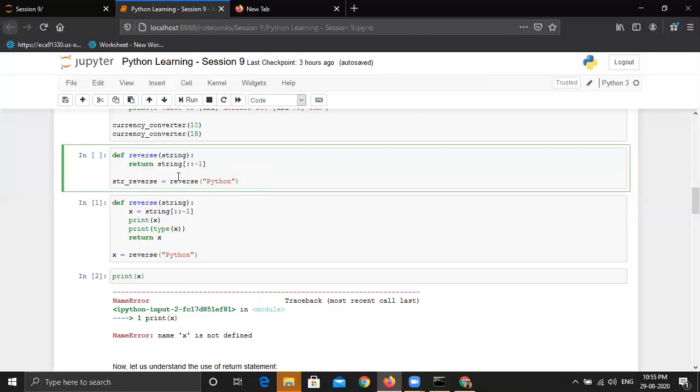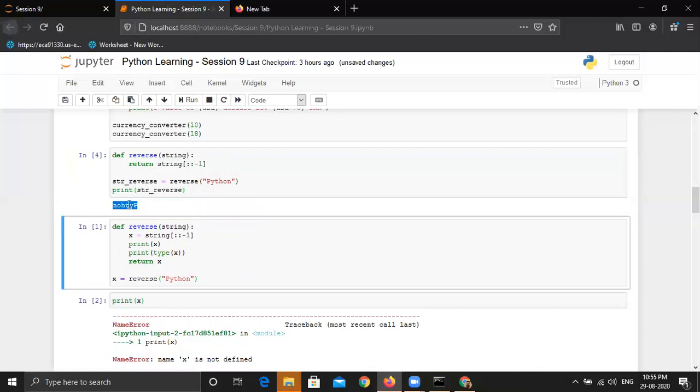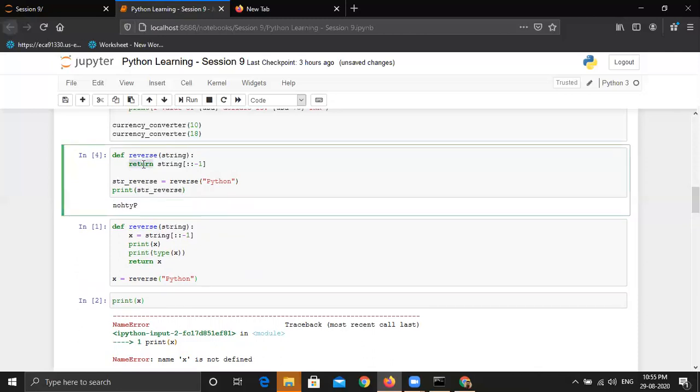Now the reversed value will be stored in this variable. You can give any variable here, and then let's try to print the output as well. So this is done. This is the use of the return statement to return the output of something, as the output of the function.